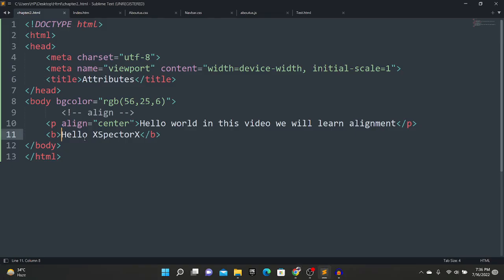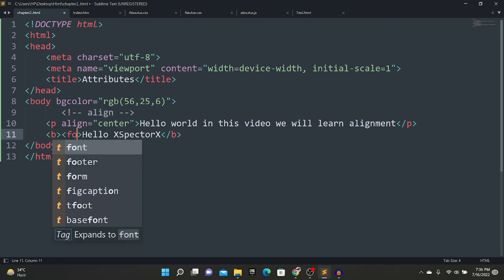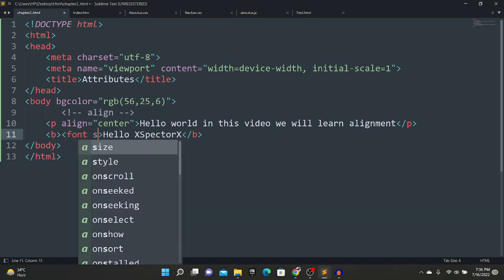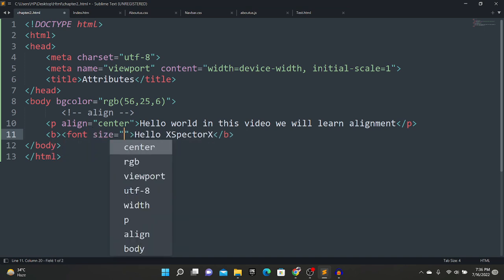So what I'm gonna do is I'm gonna type here inside our bold tag, I'm gonna write here font size, right? And then I'm gonna type whatever size I want, either in pixels or in percentage. So let's say